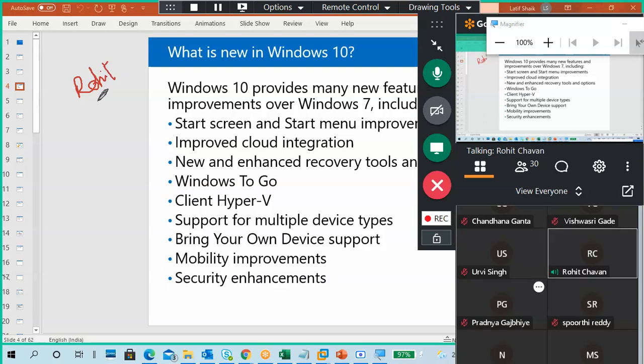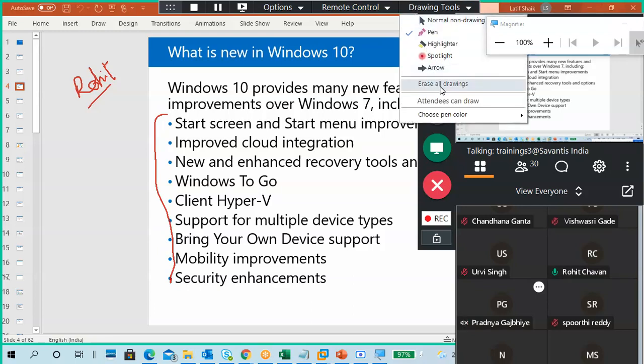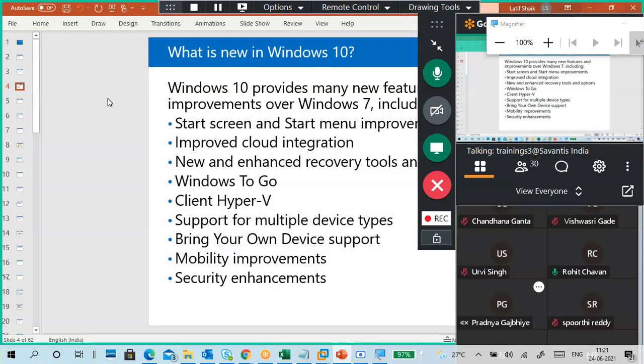Yes, sir. Tell some features which you know, features of Windows 10, which you know better. OneDrive, sir. OneDrive. Next. Hyper-V, Cortana, very good.